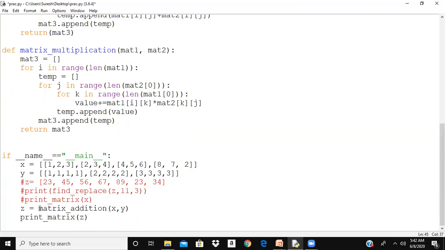So here I am removing matrix addition and saying matrix multiplication. If I want, I can also print matrix X, print matrix Y, and then print product of X and Y above matrices.